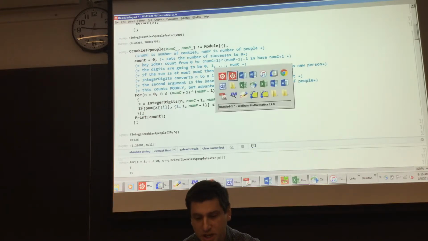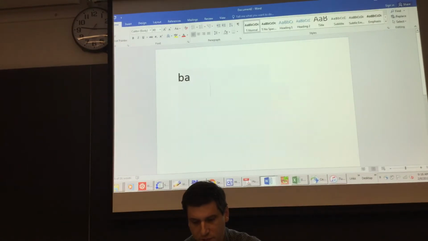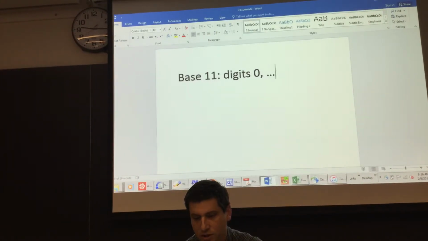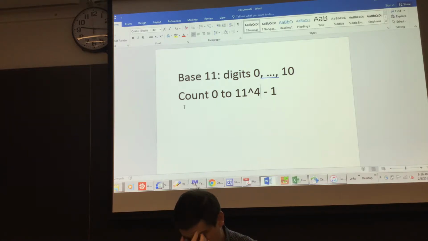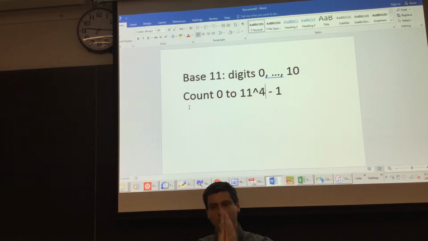Sure. So if you list a number in base 11, the digits are 0 to 10. I want to count from 0 to a certain number. Basically, I want to count to the number 11 to the 4th minus 1. I think it's 11 to the 4th, because the first digit is 11 to the 0, then 11 to the 1, 11 to the 2, 11 to the 3. So if I count to 11 to the 4th minus 1, that number, base 11,